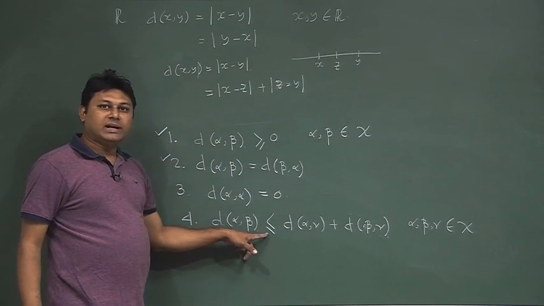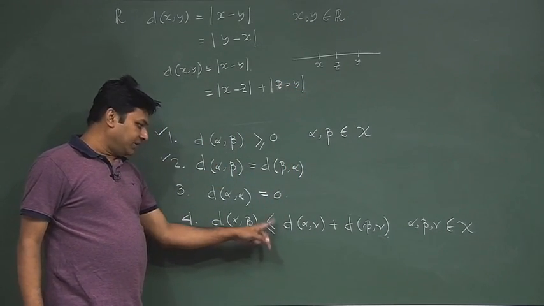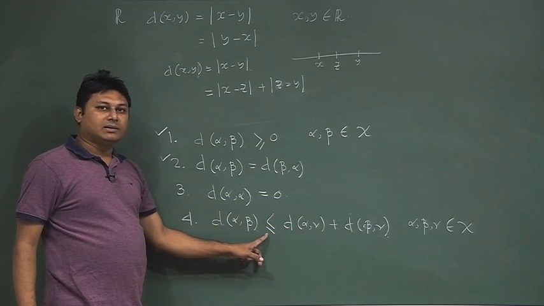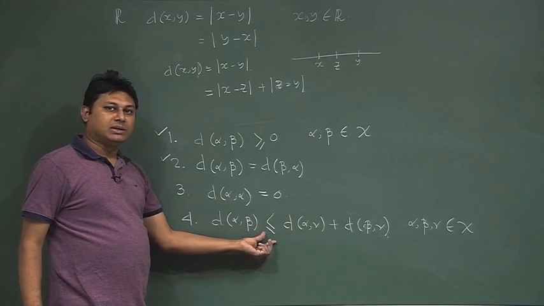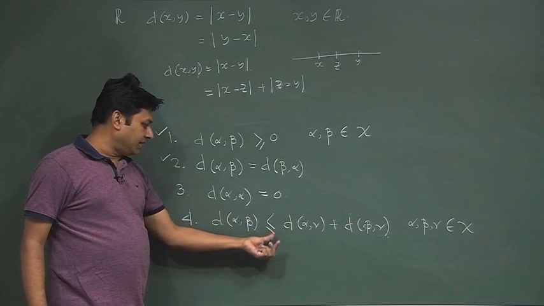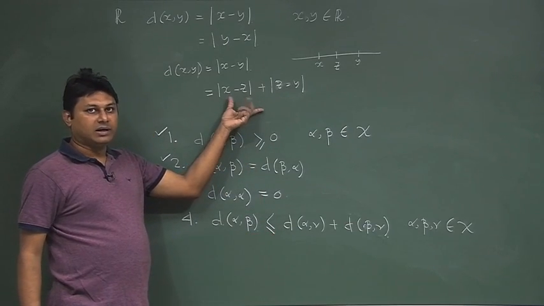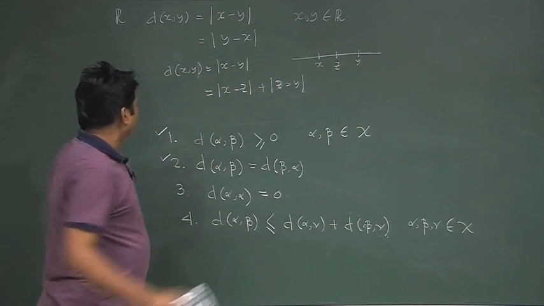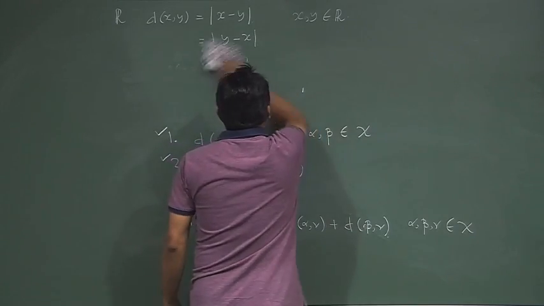But here you look that it is never said that it will be always greater than or equal to, but it is less than or equal to this quantity. So, that means the equal to sign is there. So, it is valid, still it is valid, since it is following in the same line. You can also define in R2